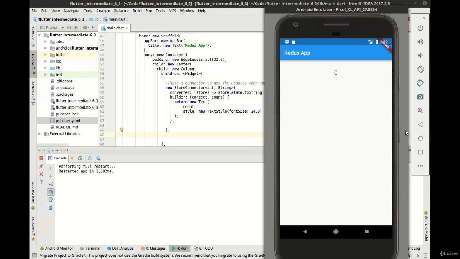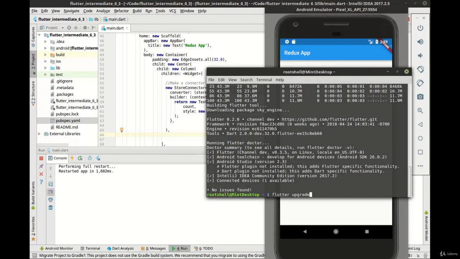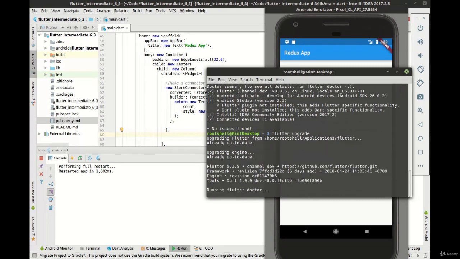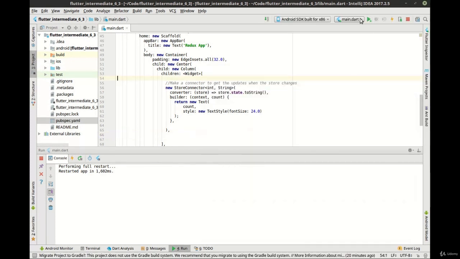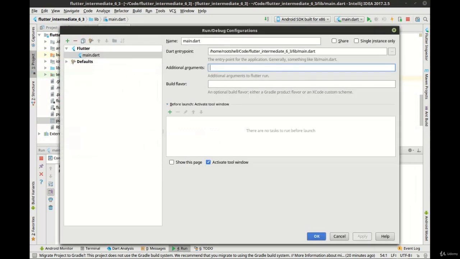Okay, I did actually figure out what was going on, and it really wasn't anything that I did wrong, unfortunately. I had to do a Flutter upgrade and then run Flutter Doctor. Apparently the version on this box was a level behind the version that I actually wrote the code on for original test purposes. So let's just do that again just to make sure we're up to date. We are Flutter Doctor, bam. So apparently the version that I was running did not like the edit configuration additional arguments in there. Let's put those back in there just to preview Dart 2.0